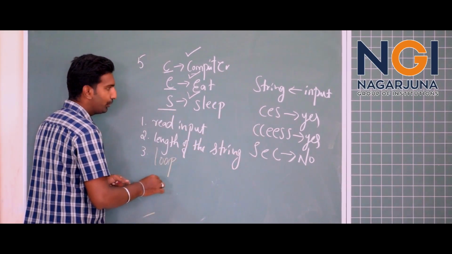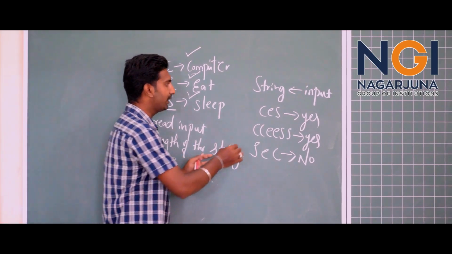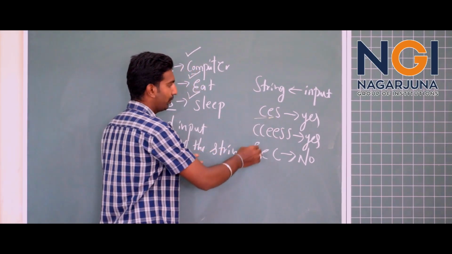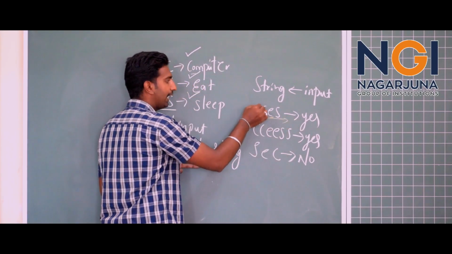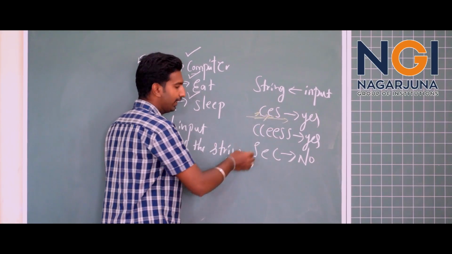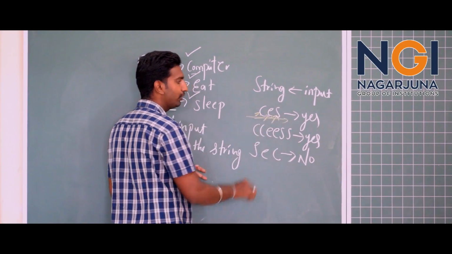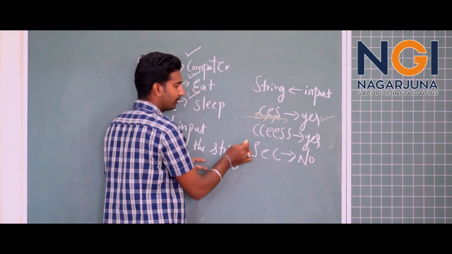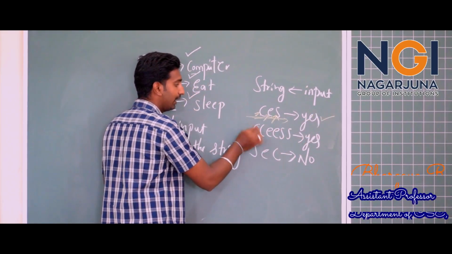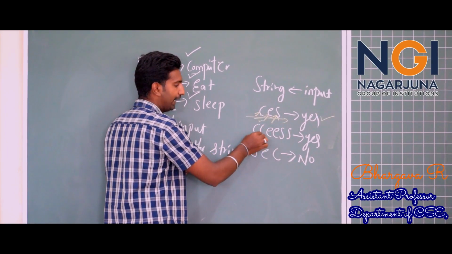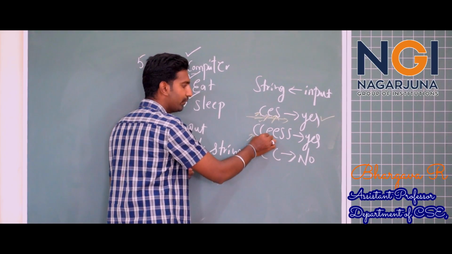Inside the loop, you need to compare the ASCII value of the character C with the ASCII value of the character E. You can always observe that if I want to print yes, the ASCII value of this letter should be less than the next letter. Again, the ASCII value of E is always less than the ASCII value of S. In that case only we print yes. Here also the same thing: the ASCII value of C is less than or equal to the ASCII value of C. It is equal, so that is fine. The ASCII value of C should always be less than the ASCII value of E.